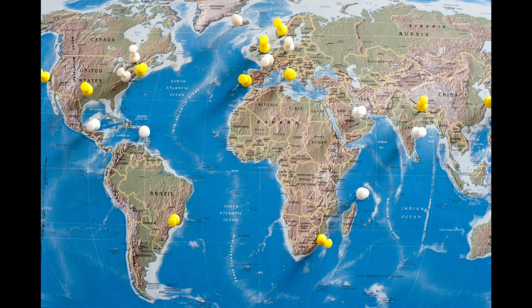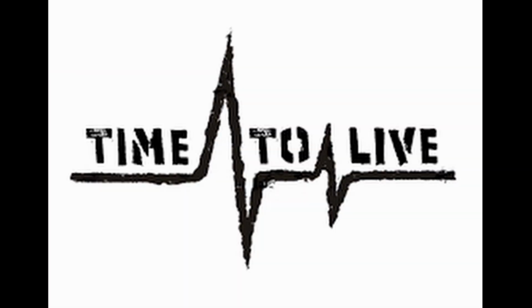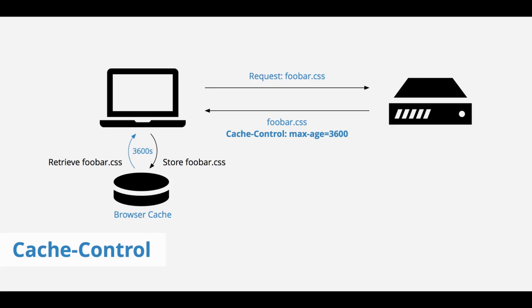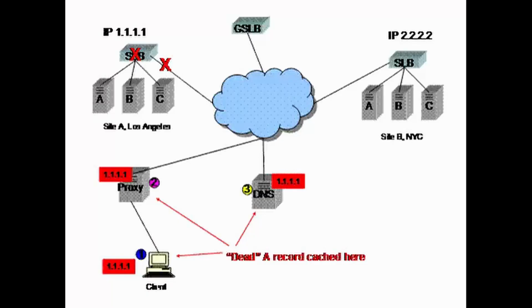DNS data can be cached in various locations, each of which will store the DNS records for a set amount of time, which is determined by the time to live option. The first type of caching is browser DNS caching. Modern web browsers are designed by default to cache DNS records for a set time. The purpose here is obvious. The closer the DNS caching occurs to the web browser, the fewer the processing steps that must be taken in order to check the cache and make the correct request to the IP address. When a request is made for a DNS record, the browser cache is the first location that is checked for the request.